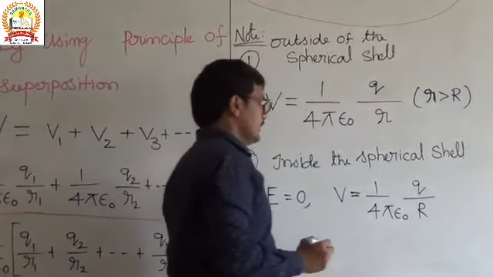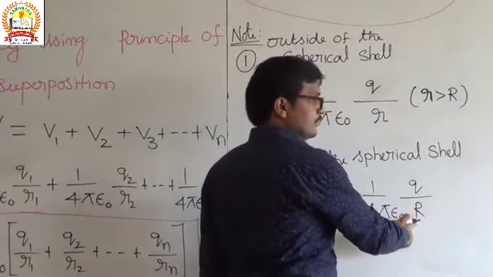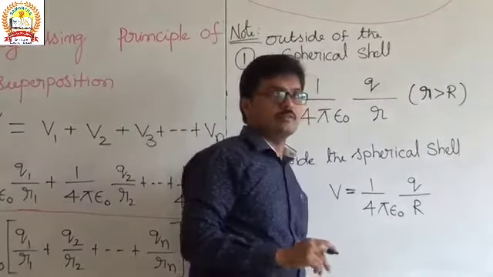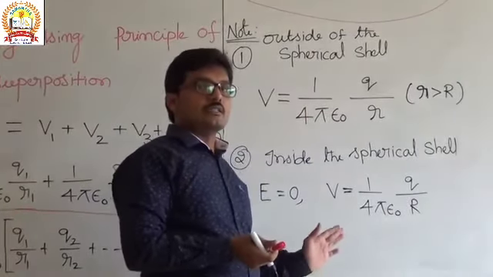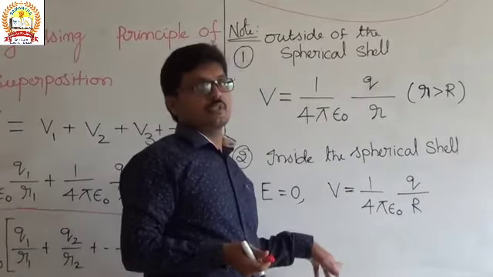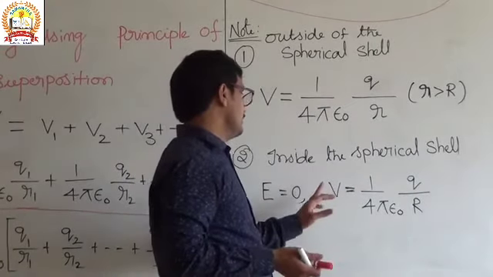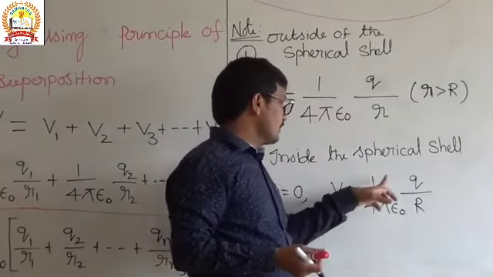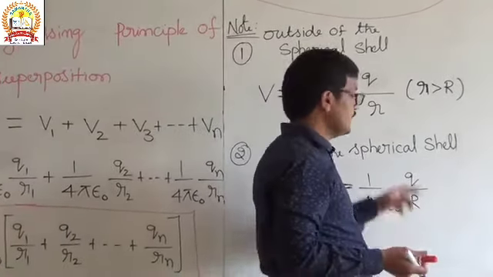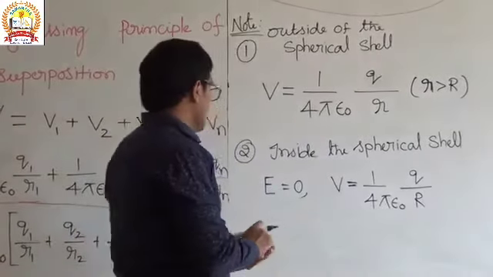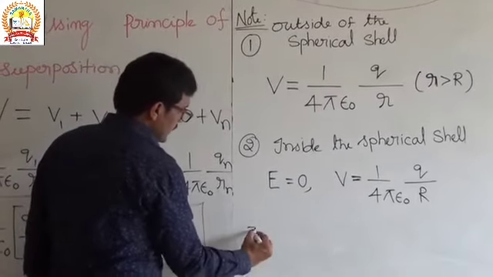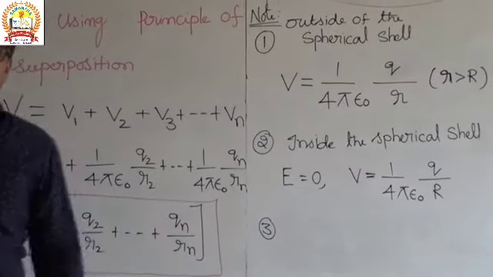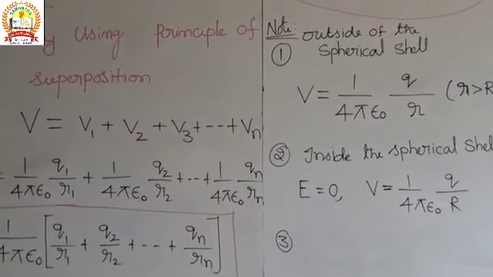Here this r is equal to the radius of the shell, which is the same as on the surface of the spherical shell. And the potential inside the spherical shell is V equals 1 by 4 pi epsilon naught q by r. And one more point, the third point, is if you have to calculate the potential due to a continuous charge distribution